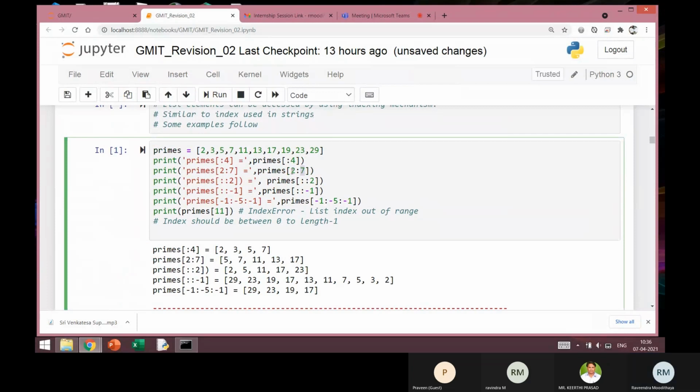That means the elements at index 2, 3, 4, 5, and 6. Remember this, the last one, 7, is not included. So at index 2, we have 5. 7 is index 3, then 4, 5, 6. This will be included in the output. 5, 7, 11, 13, 17 will be displayed in the output.